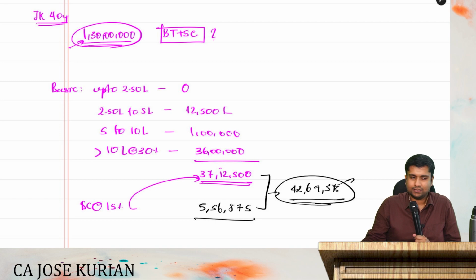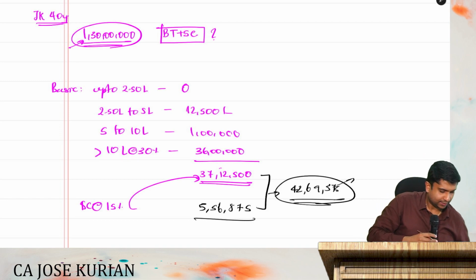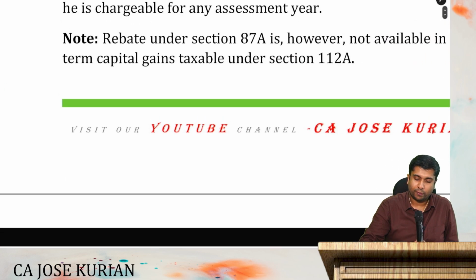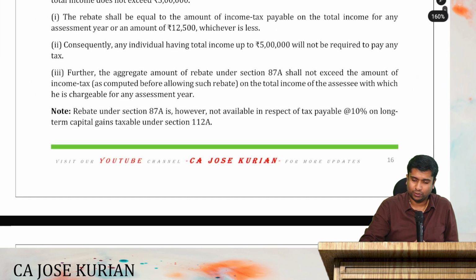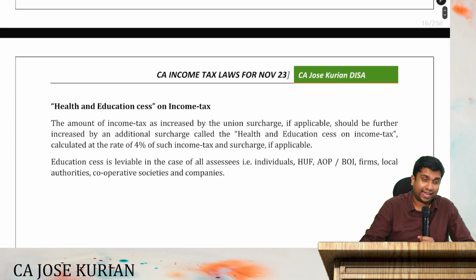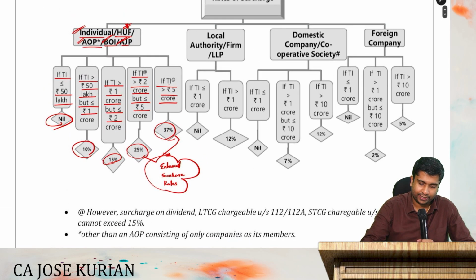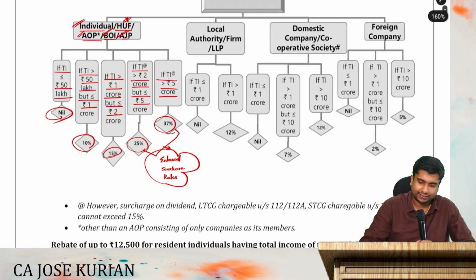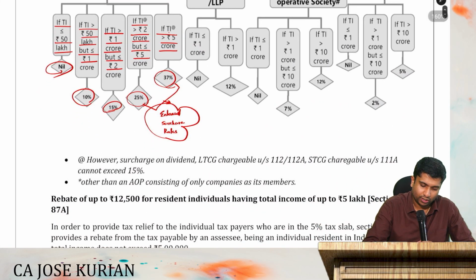Now listen friends, let's compute another thing in relation to this. What they are saying next is, hope you remember the enhanced surcharge rates. What was the enhanced surcharge rate? That 25% and 37% is collectively known as the enhanced surcharge rate. So they are saying a note under that. So what they say is, listen,